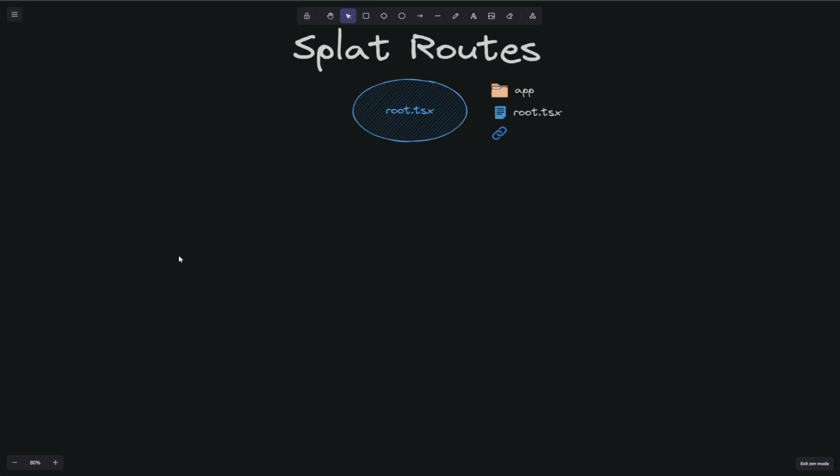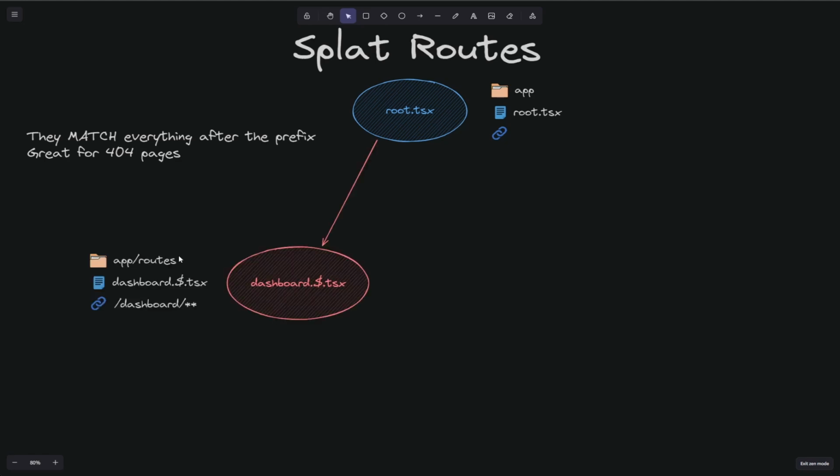So these are really nice. What they allow you to do is basically catch all the routes that are not covered and show something for it. So what this means is they match everything after the prefix, so whatever the prefix to the route is, and they're great for 404 pages or something like that, or even 500, really depends on you. And what you can do with these is basically create routes by adding a $ sign followed by nothing and then